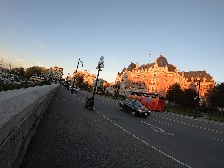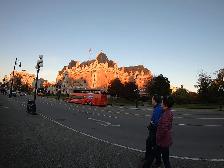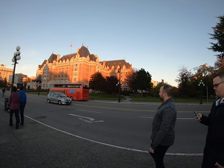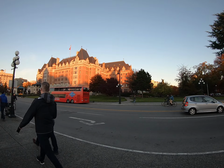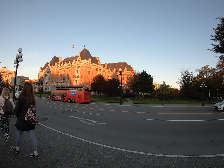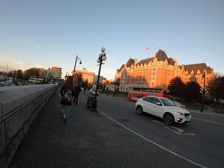Okay, so here we are. The Empress used to have a lot of ivy on the front, but they've taken it down. I guess it looked kind of scenic in the pictures, but it wasn't that great for the building in terms of the outer facade, so they just had to get rid of the ivy eventually. Anyway,